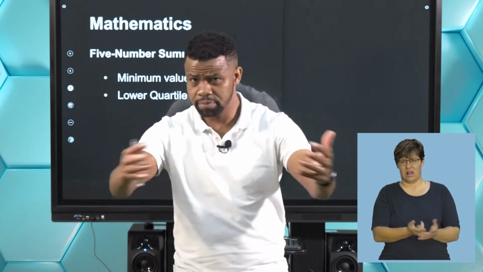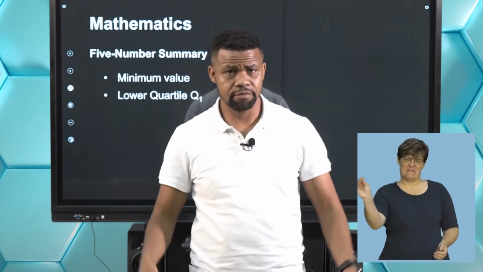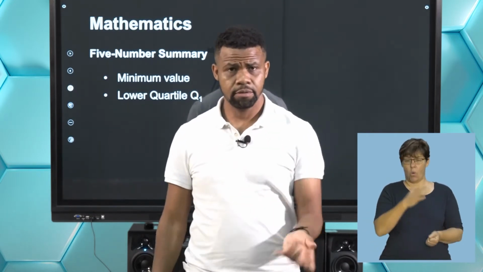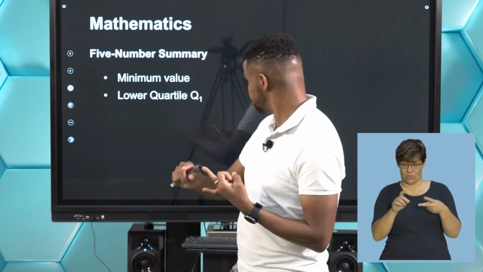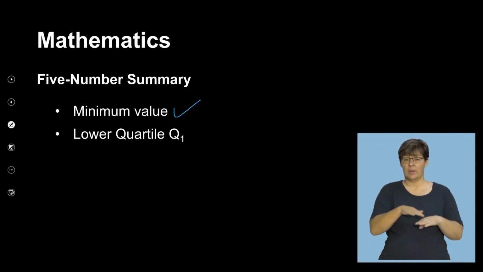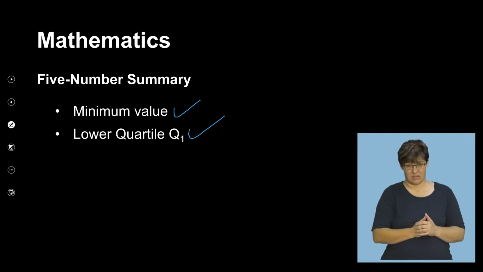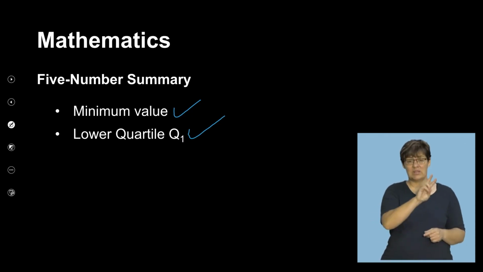As you present data to people, you're not going to give them 100,000 pieces of data. They just want a 5-number summary. What is the 5-number summary for the data? We want the lowest value. We want the highest value. Okay, let's look at that. You want the minimum, the lower quartile. And remember, the lower quartile is actually 25% of your data. Okay, does that make sense? It's the quarter of the data. So the minimum value,